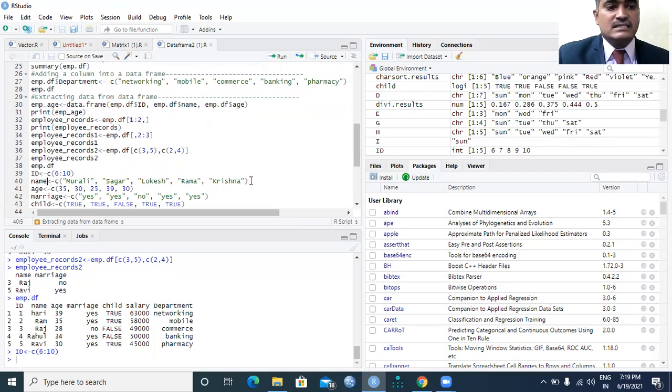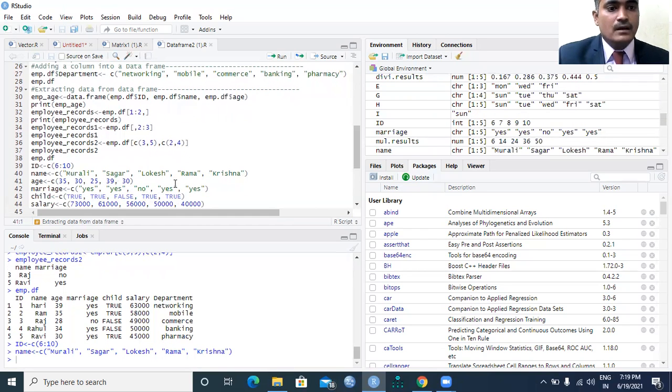And the next variable, employee names, is obviously a character type, which includes characters from 1 to 5 by the name of Murali, Sagar, Lokesh, Rama, and Krishna. And I would like to create one more variable by the name of age with the left assignment operator with the c function.